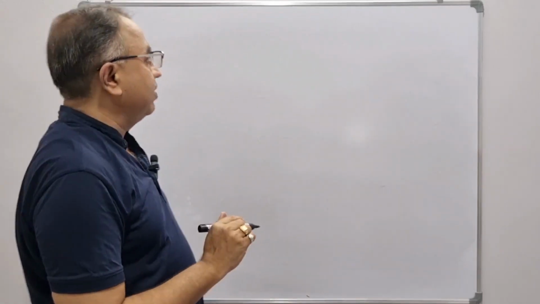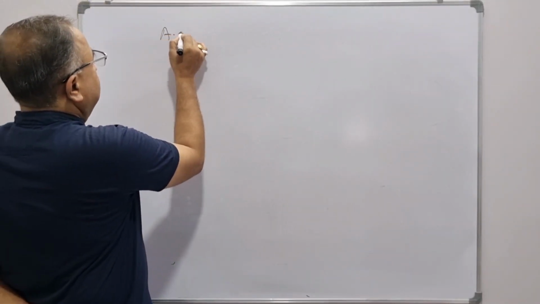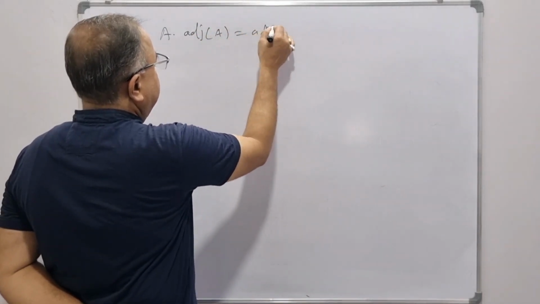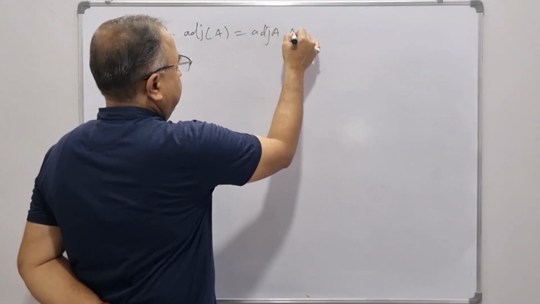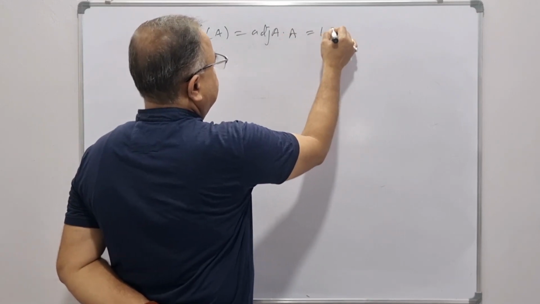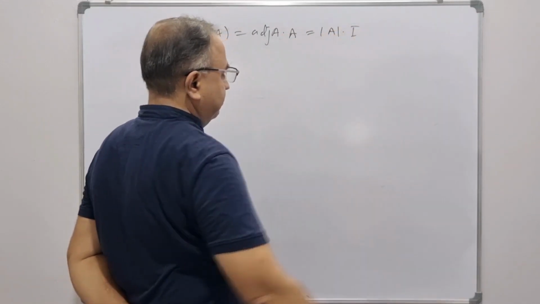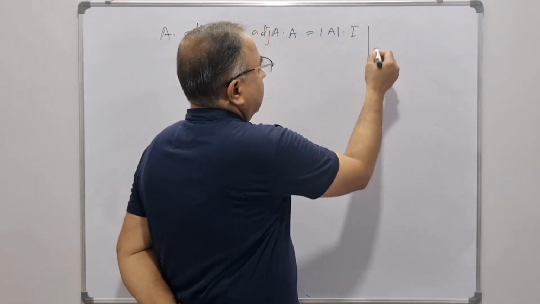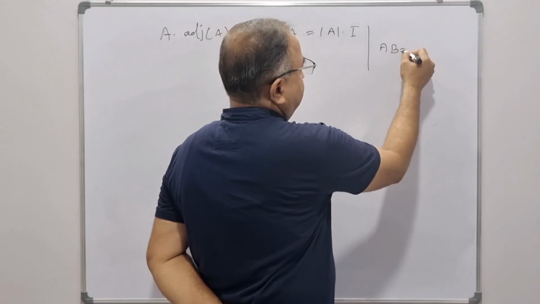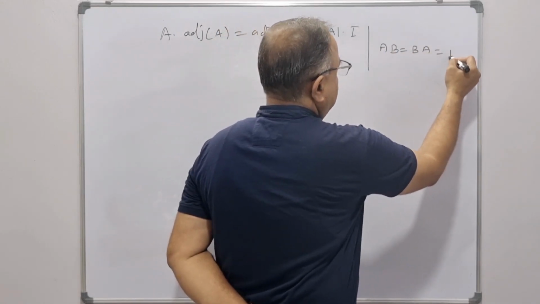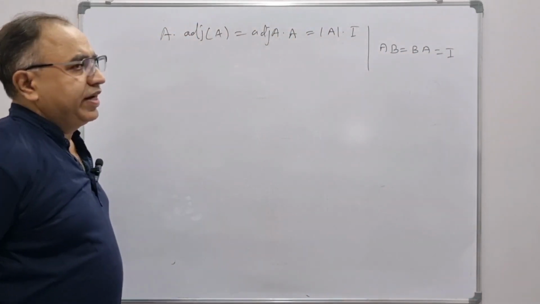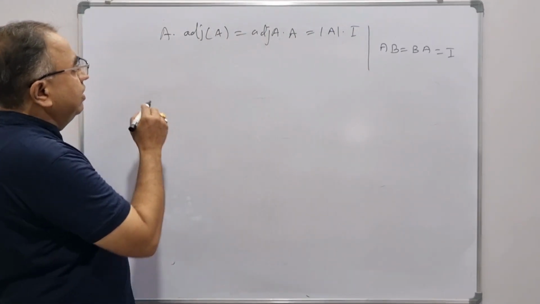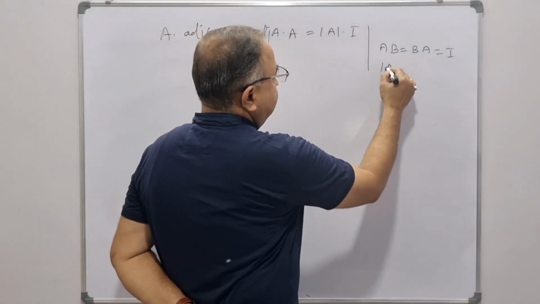Now based on this, as we have seen that A multiplied by adjoint of A, or adjoint of A multiplied by A, is the same as determinant A multiplied by I. Right? Now what is the definition of inverses? That two matrices are invertible if and only if AB equals BA equals I. Right? Now if you divide this equation throughout by determinant A,